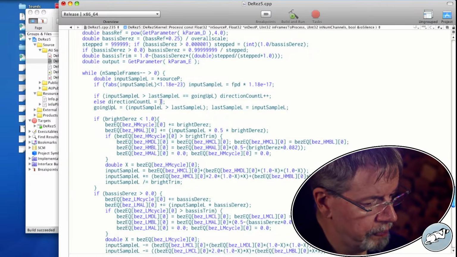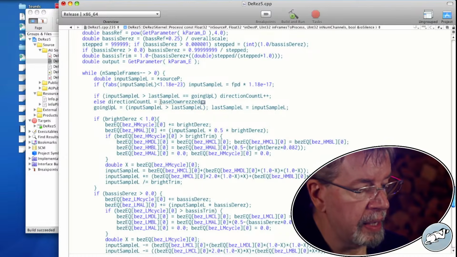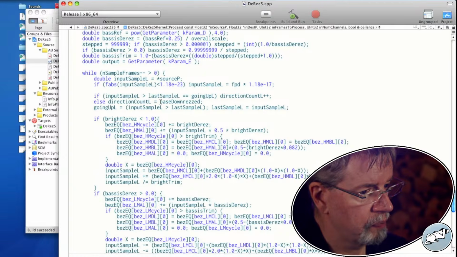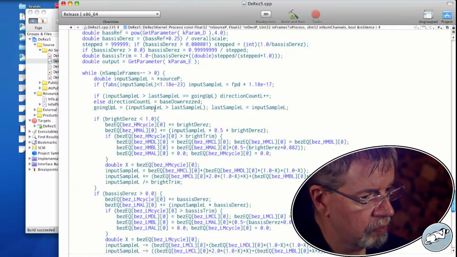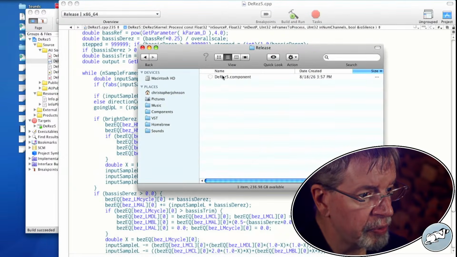Then we just do that. Now let's see what we got. I gotta copy it to the folder first.